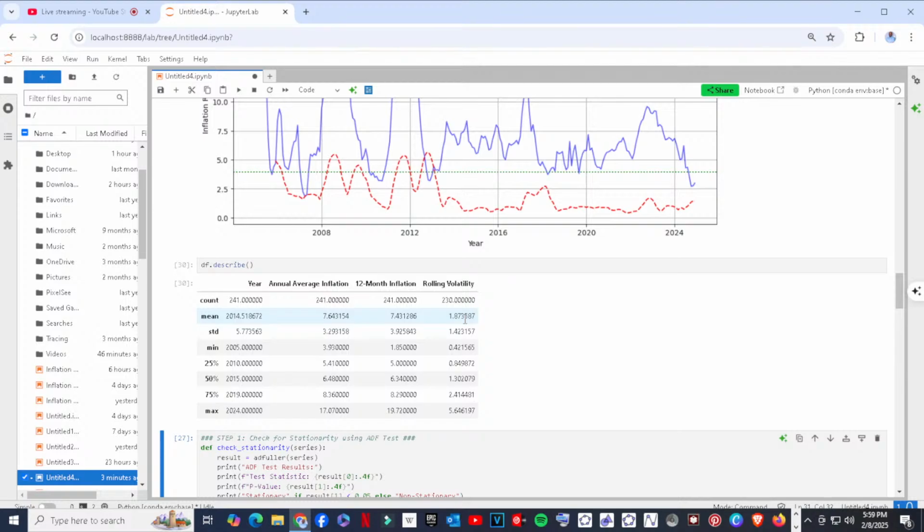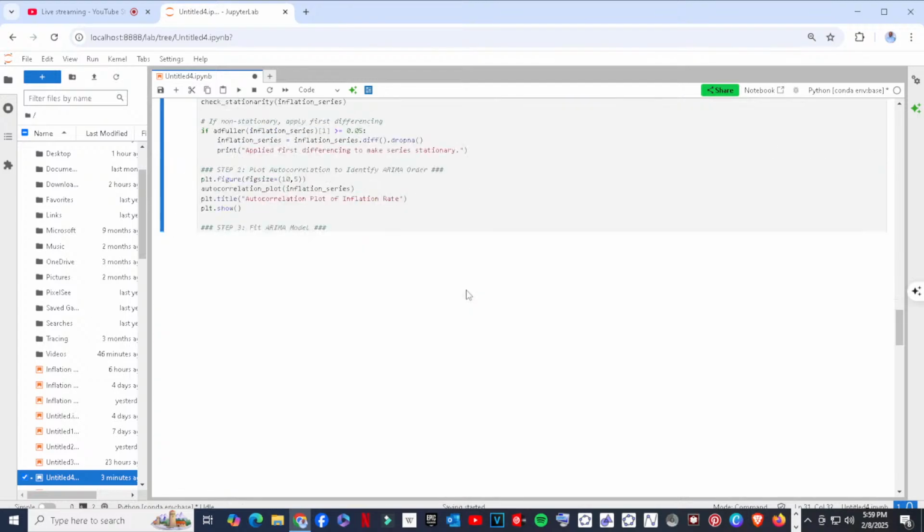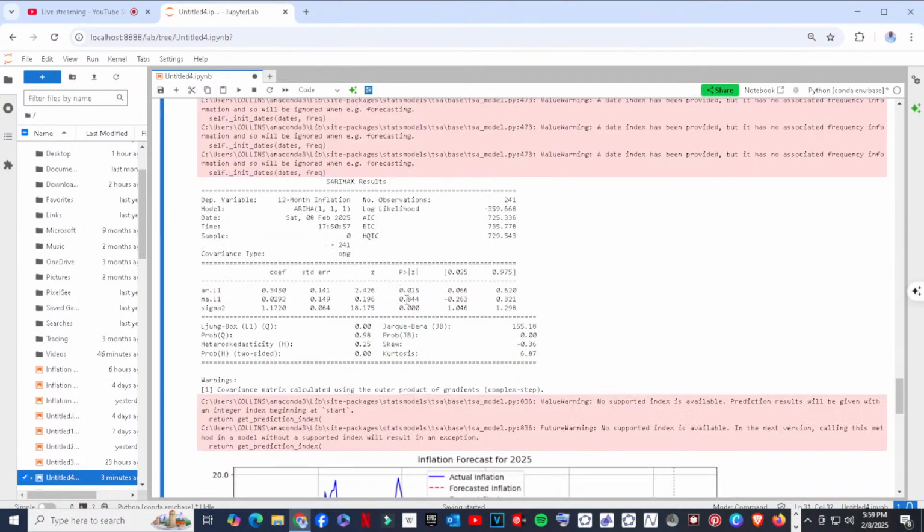But the historical volatility, we had it to be 3.93. So there's a difference between the two. What we constructed was an ARIMA(1,1) model, and that is what has given us the results that we have.